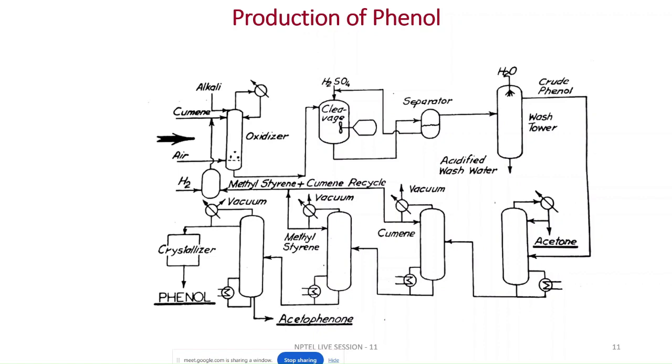So in this flowchart, we will be discussing how from the cumene we are getting phenol as a main product and acetone as a byproduct. We are putting fresh cumene as well as some amount of recycled cumene at a ratio of 1 to 4. Okay, it is fed as a feed and then it is also mixed with air